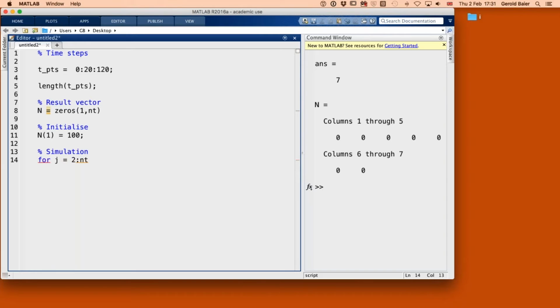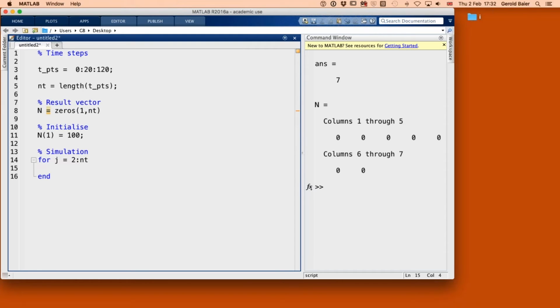but n, we know what n is, namely is the value that we have assigned to nt. I haven't really defined it, so I need to do that now. Equal to this. If the length of the array is called nt, then we can refer to this length in the result vector and also in the maximum value, the upper limit of the index. As we know, each for loop needs to be stopped by an end,